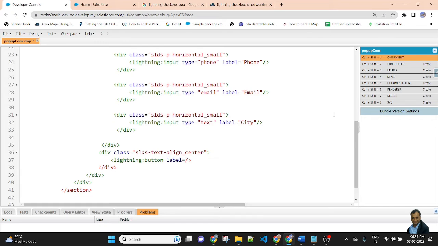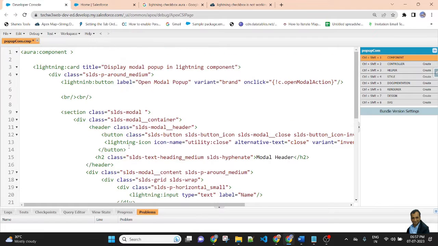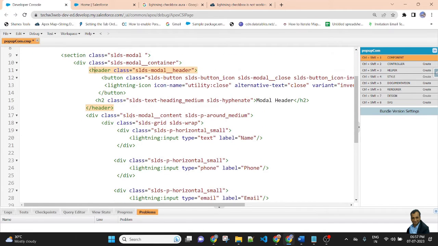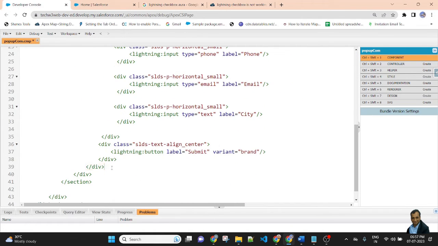Label submit and variant equals brand. So here I created a modal pop-up.